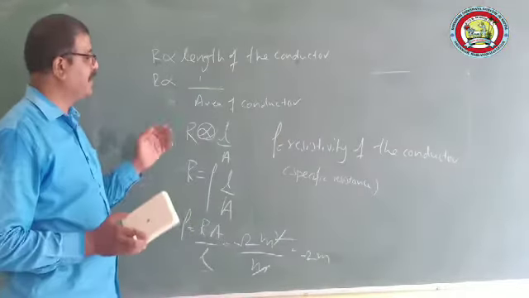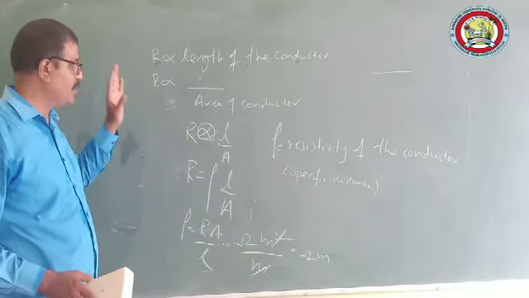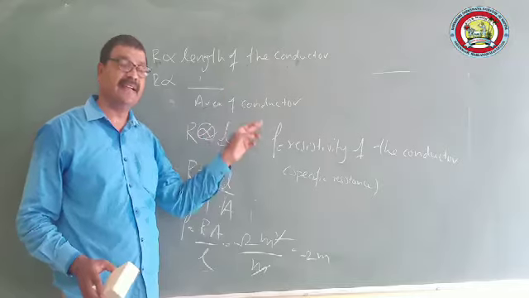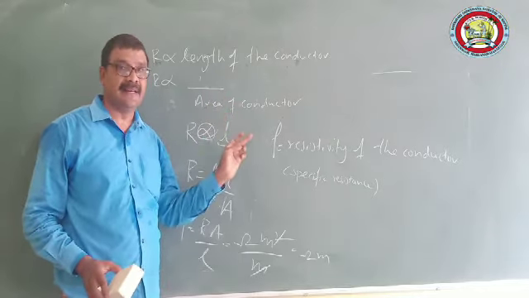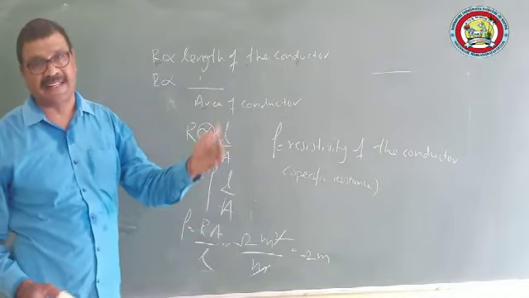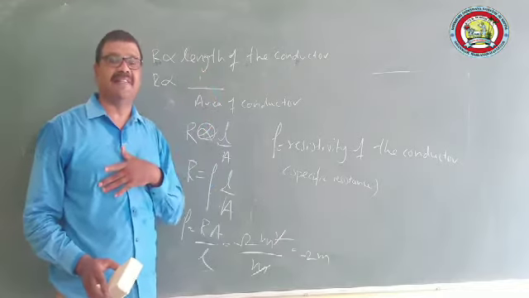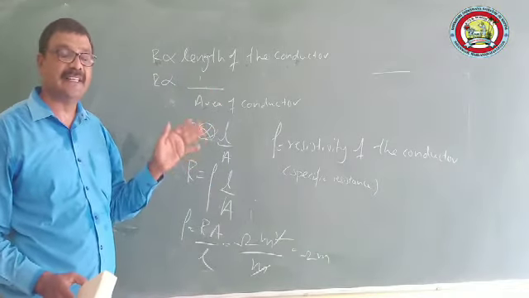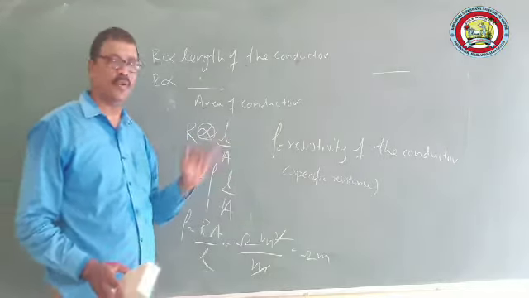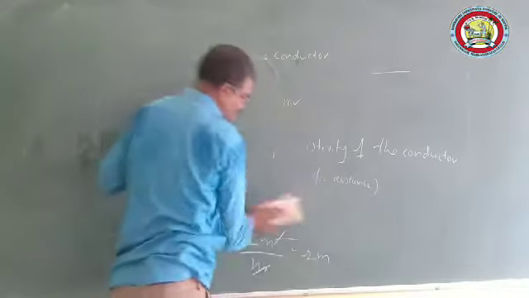Next we go to the combination of resistors. We have finished resistivity here. What are the main things you should remember in resistivity? Resistivity is the inherent character of the material. If the resistivity of the material is very less, then it is a very good conductor. If the resistivity is very high, then it is an insulator, which means it doesn't allow the current to pass through it. The unit of resistivity is ohm meter. So with this we go to the next topic, the combination of resistors.